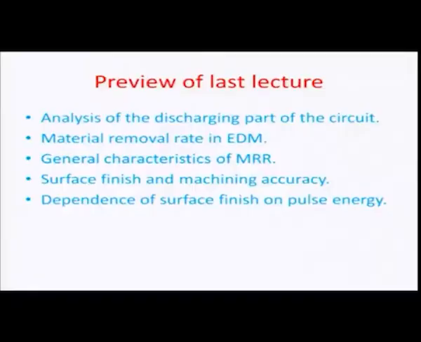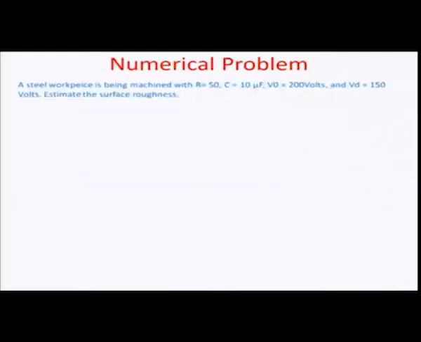So today we will try to look at a numerical estimation of the surface roughness in a particular situation. This problem represents such a situation where a steel workpiece is being machined and the circuit parameters are given to be resistance R equal to 50 ohms, capacitance C equal to 10 microfarads, and total operating voltage of 200 volts, discharge voltage of 150 volts, and you have to estimate the surface roughness which is also the HRMS